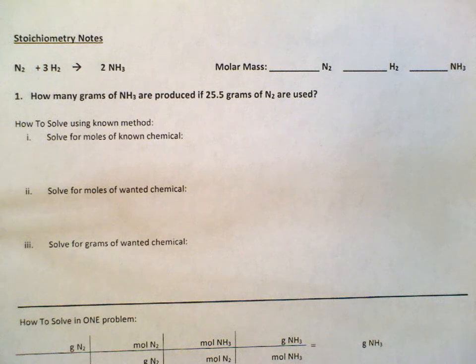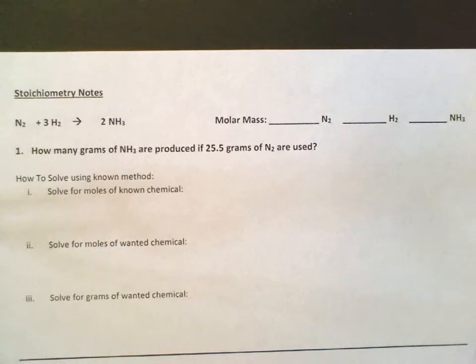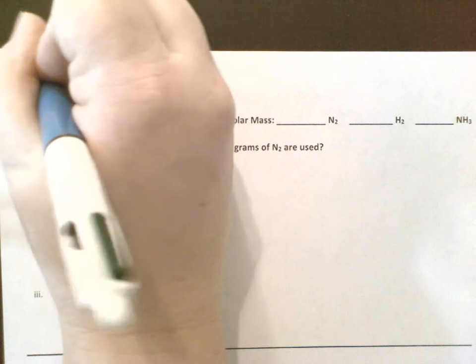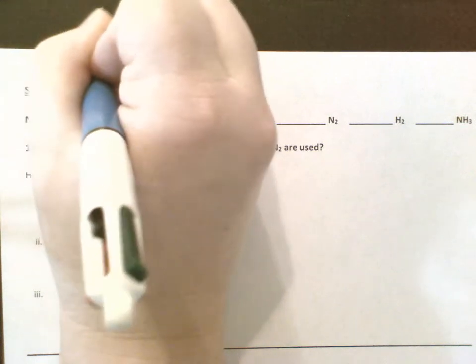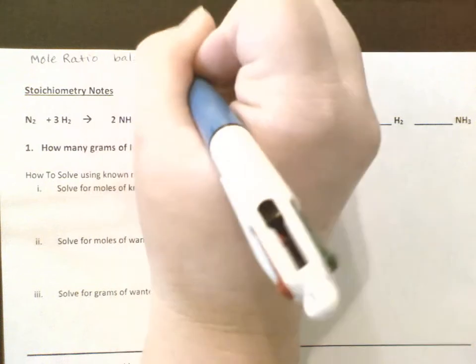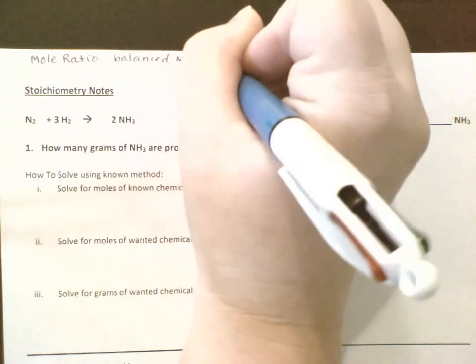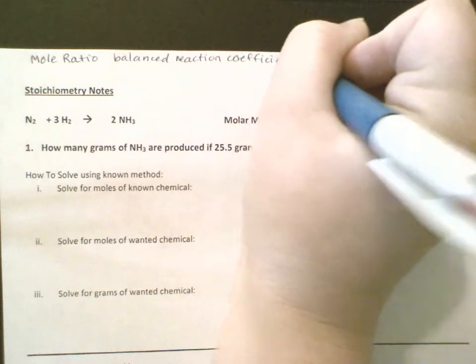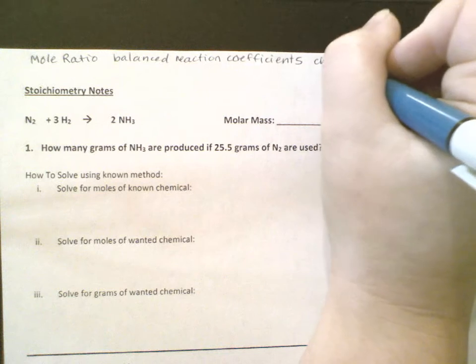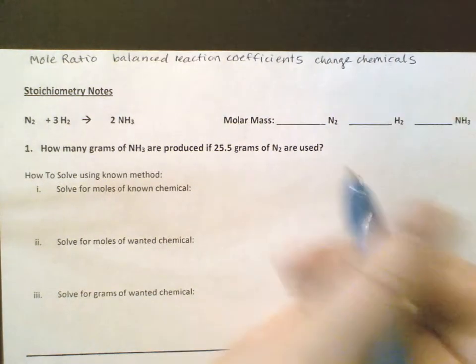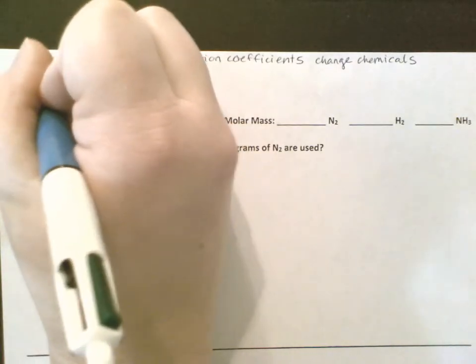So, we have looked at 3 different things so far in this unit to help us in doing conversions. So, we've looked at mole ratios, which use the balanced reaction coefficients. And those allow us to change chemicals in a reaction. We've also looked at using molar mass,